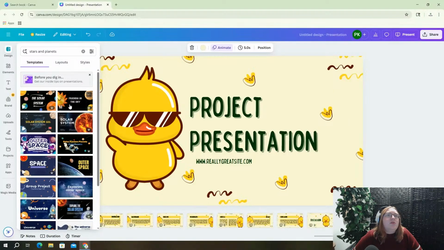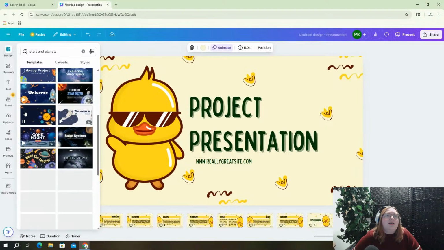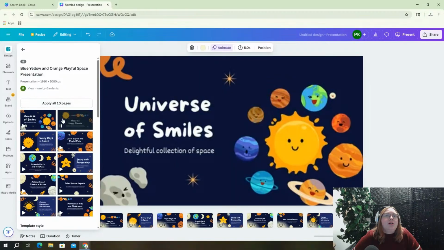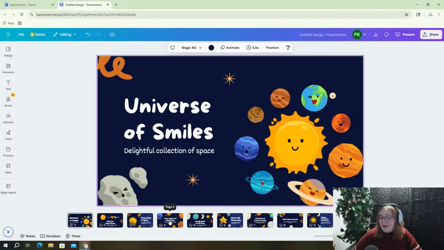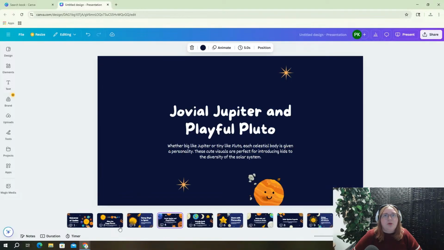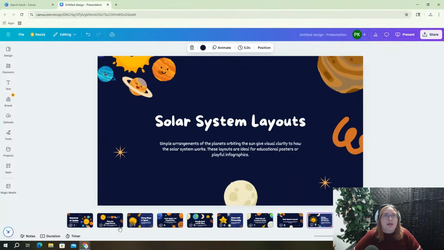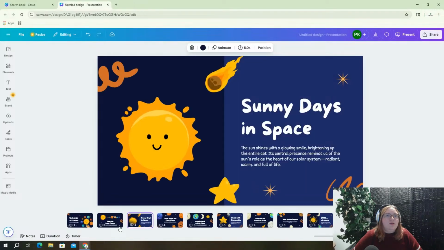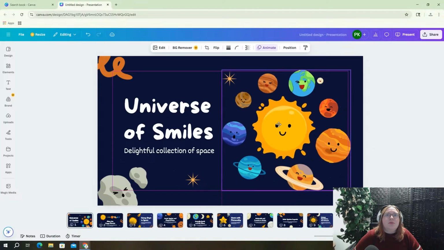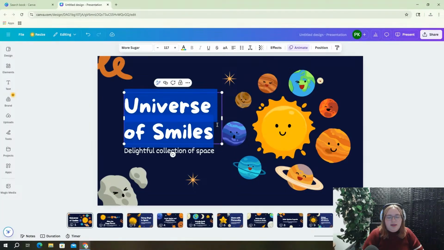All right. So I do want to start with a template just because I want all of my pages to look a little similar. Granted, I'm going to change these a lot. So this is called Universe of Smiles, Delightful Collection of Space. A lot of these templates do have really simple little text that comes with them, and we are going to use those a little bit. So these are my guys. I'm going to bring them a little bit more up in center. And my book today is going to be about